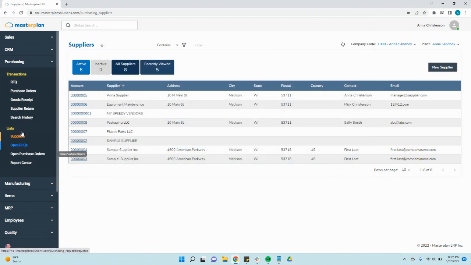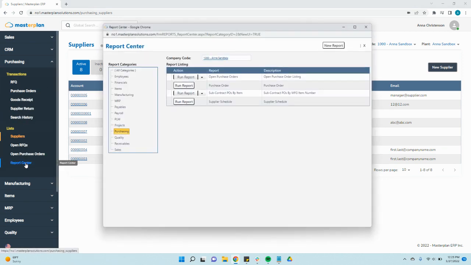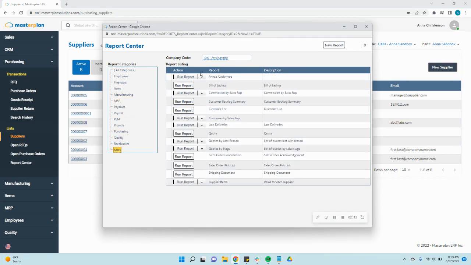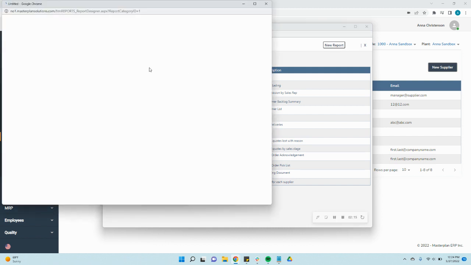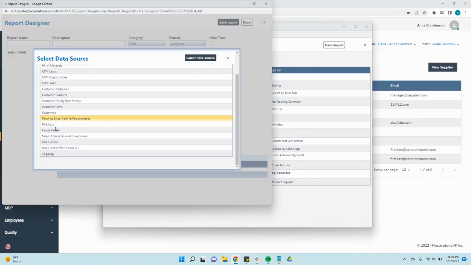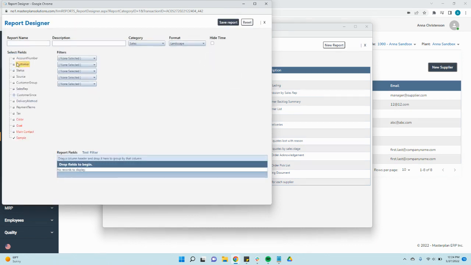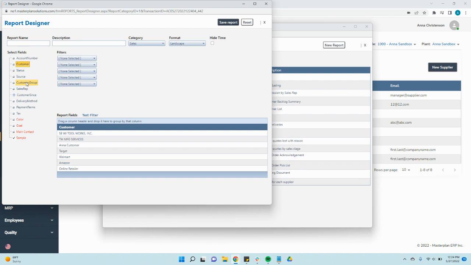And then one way that you'll actually want to use those groups and sources is in the report center. So I'll do customers, and I'll create a new report. And I will just do it under customers. But then you can report on the group and a source, which is just really helpful if you're wanting to see what you want to focus your marketing on, what sources are getting you the most customers,